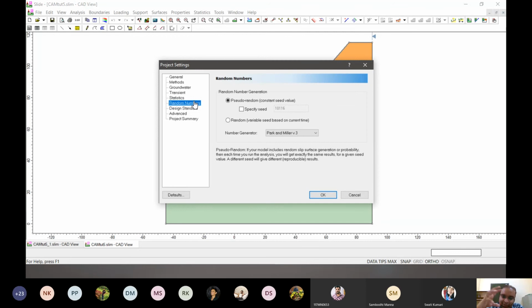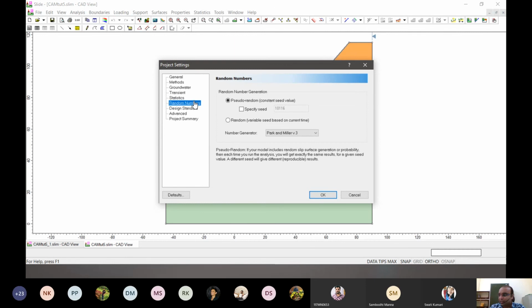So the generation of these random variables is done by certain algorithms, and there are many algorithms for the generation of random variables. Because our number of random variables is limited, like 1,000, 5,000, 10,000, whichever variable gets generated first basically fits into our matrix of cohesion, friction, and unit weight, right?